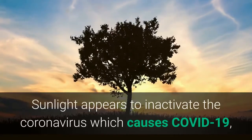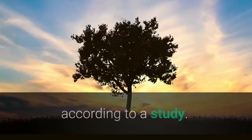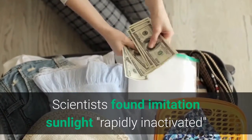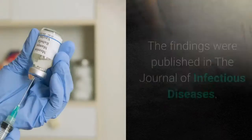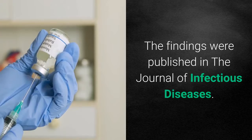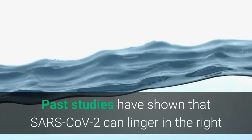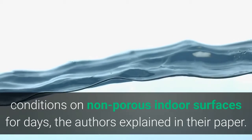Sunlight appears to inactivate the coronavirus which causes COVID-19, according to a study. Scientists found imitation sunlight rapidly inactivated SARS-CoV-2 on stainless steel coupons in a lab. The findings were published in the Journal of Infectious Diseases. Past studies have shown that SARS-CoV-2 can linger in the right conditions on non-porous indoor surfaces for days, the authors